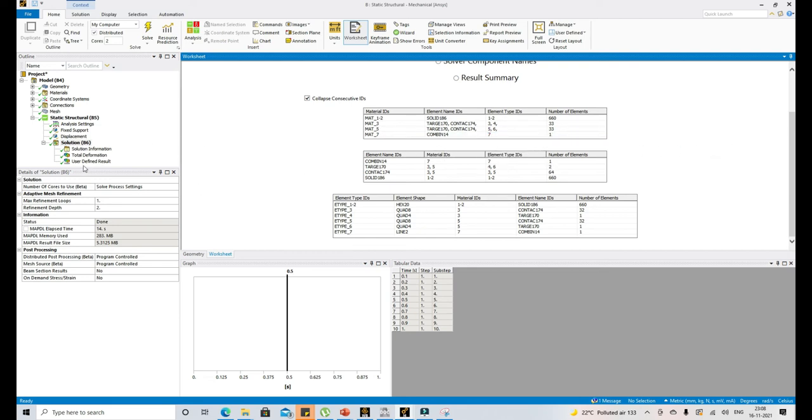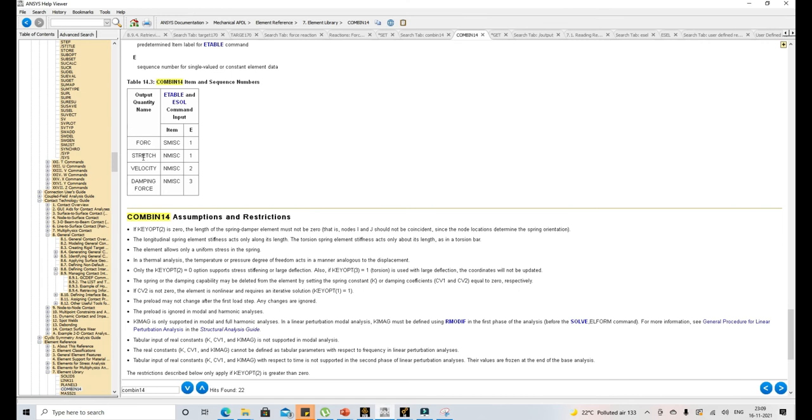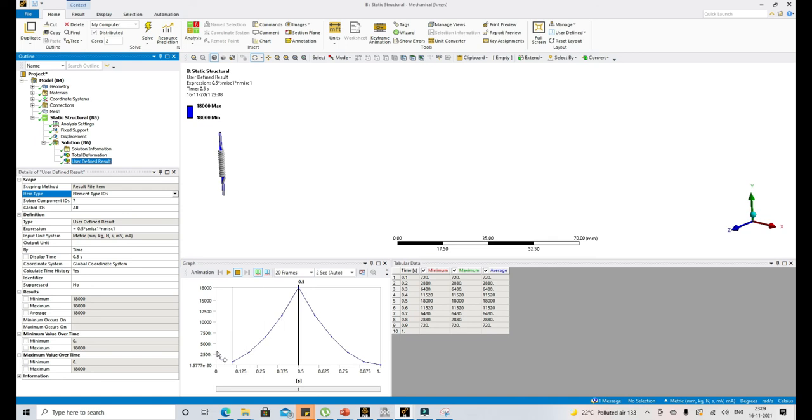Once you add the user-defined result, you will have access to material ID, element name ID, element type ID, component name, element ID. So anything you can actually use to perform the mathematical operations or to derive some other variables that are user-defined variables. In this case, you can see I had written 0.5 into smisc comma nmisc1. So smisc1 is actually your force and nmisc1 is your stretch. So that will give you the work done that is going to be equal to strain energy. Or we can extract, and you can also visualize how the strain energy is evolving with time.